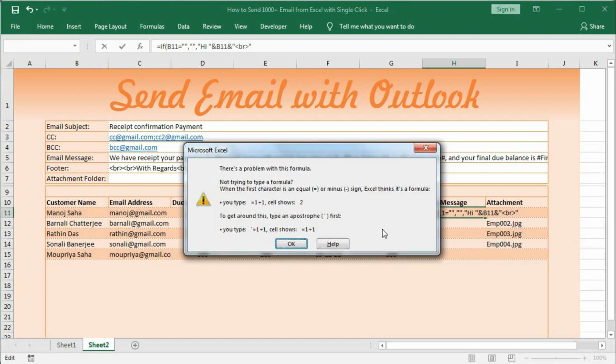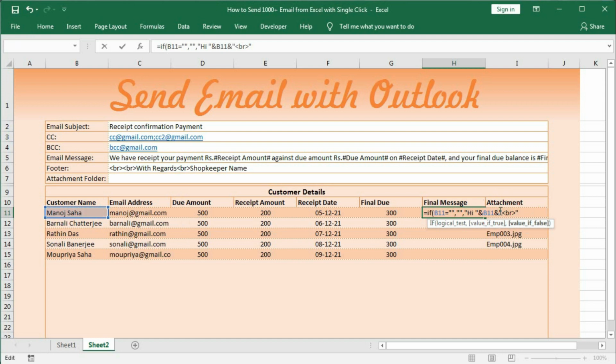Now so let's check this one, press F9, okay, delete this one first, press F9, we got hi Manoj Shah. Now and quotation angle bracket br angle bracket, then quotation close, and now here we will get this message, but we have to remove this, or you can say replace this receipt amount, due amount, receipt date and final due with these amounts.